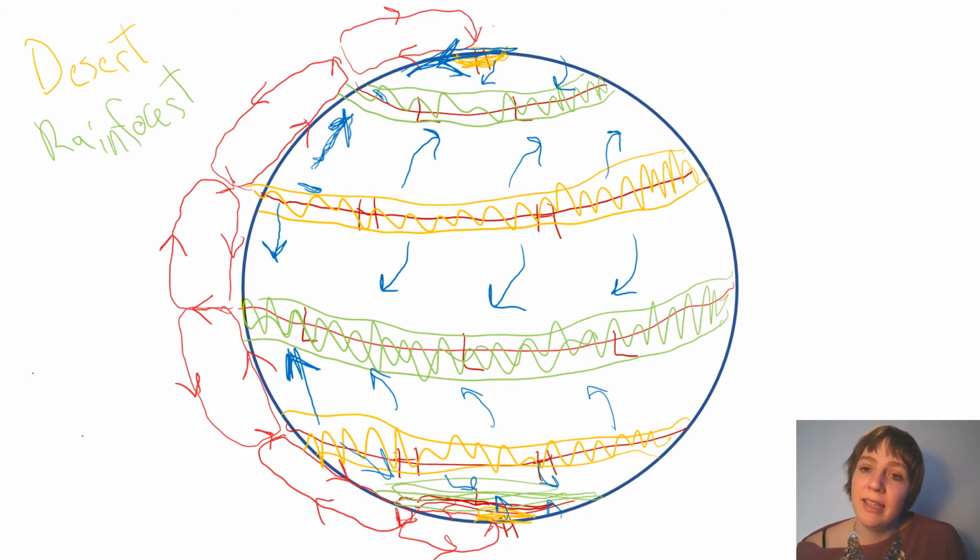To see exactly how that plays out, we are actually going to go look at some current weather data in the next video. So double check your sketch, make sure you understand exactly how to draw this, try to draw it without the video and see if it makes sense to you. Really, it's all just based on the fact that the equatorial regions receive more heat than the poles, and the planet's just trying to equilibrate itself